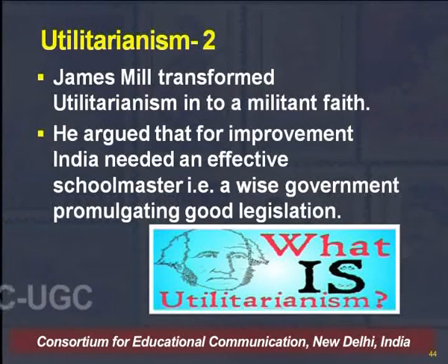And James Mill transformed utilitarianism into some sort of a militant faith. He also wrote the history of India, where he divided the history into Hindu, Mughal as well as British rule. Ancient, medieval and modern periods were seen in this particular framework. That was some sort of a benchmark in the communalization of Indian history. The British wanted to communalize the situation for their own advantage, as we see after the revolt of 1857, where both Hindus and Muslims fought together in the great revolt.